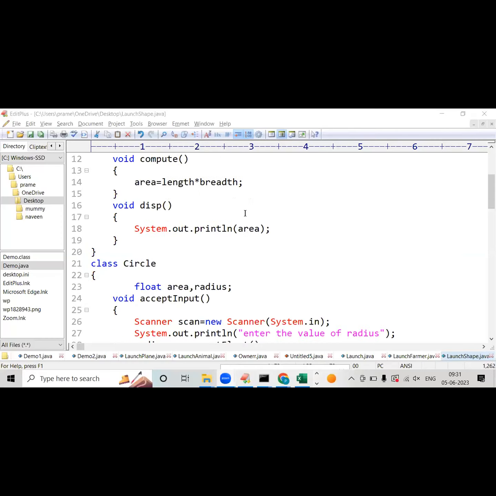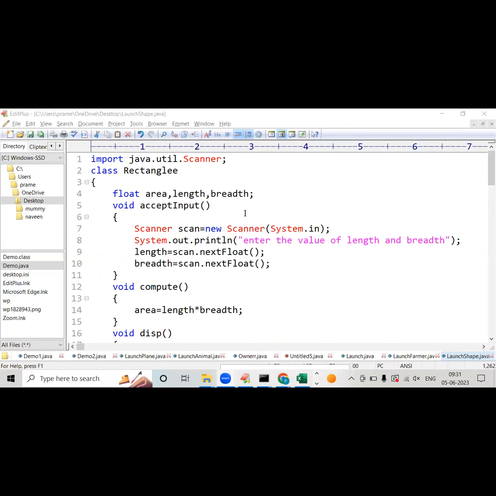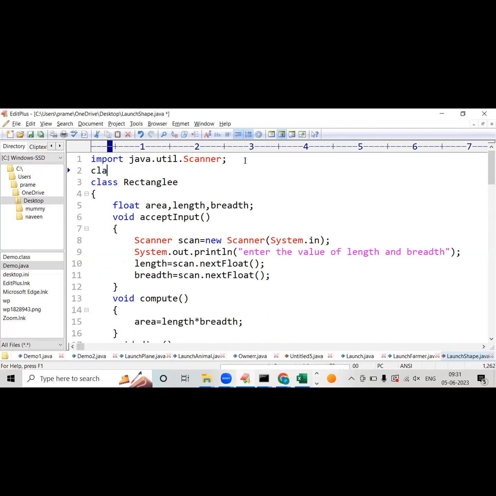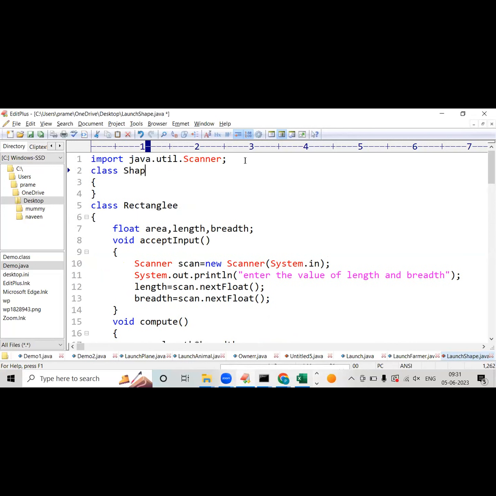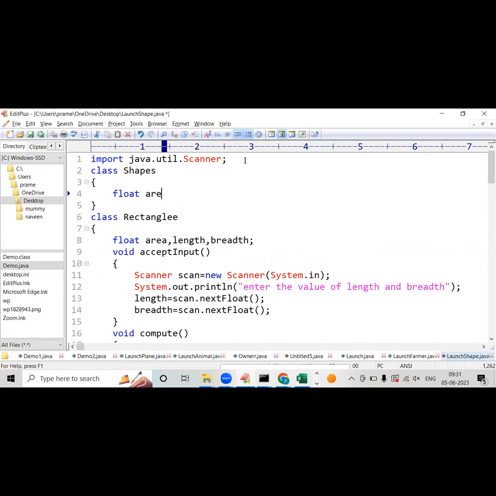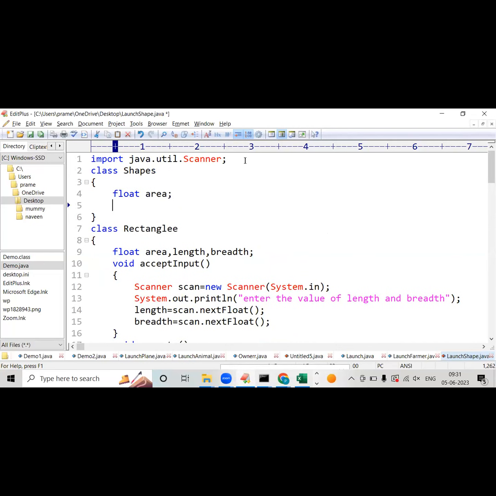See, same program, I'm not changing it. Same program, I'm trying to change it to an object-oriented approach. The very first thing, what should I do? I need one common class now, I mean a parent class. Class Shape, again. I'll write Shapes, that is the reason there also I have written shapes. Inside this, float type area, and then